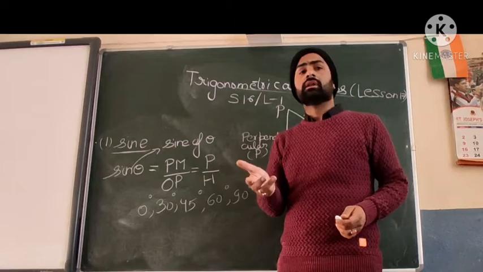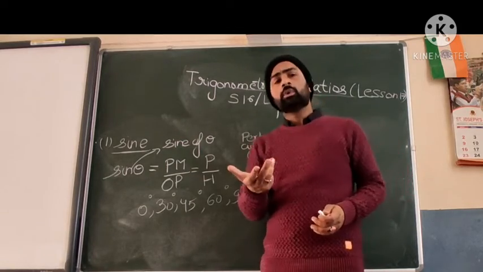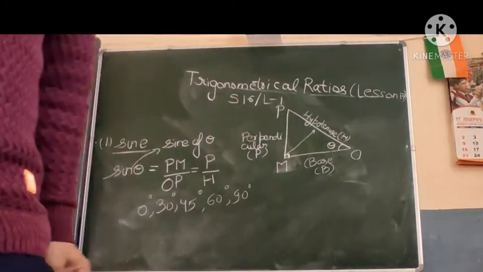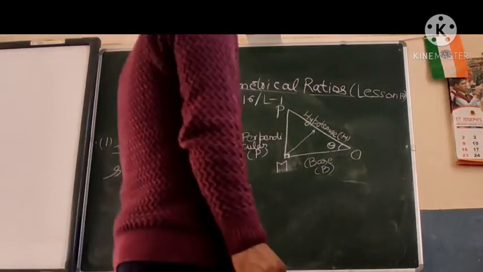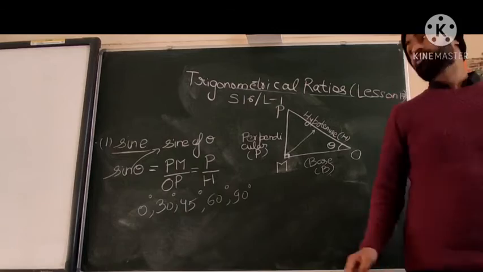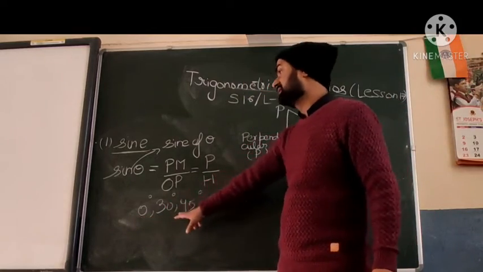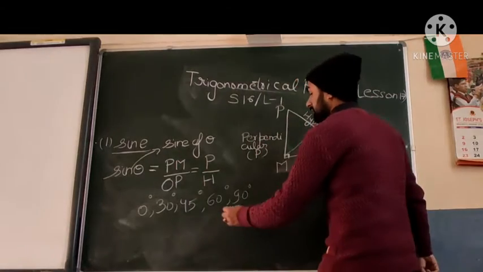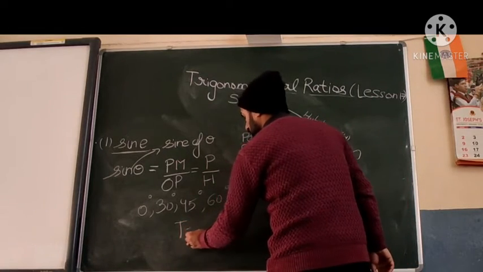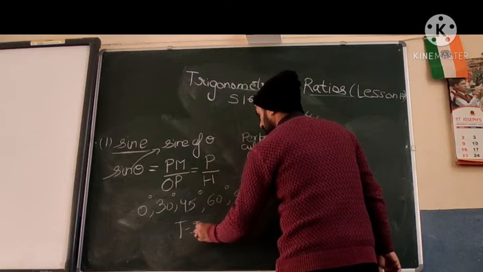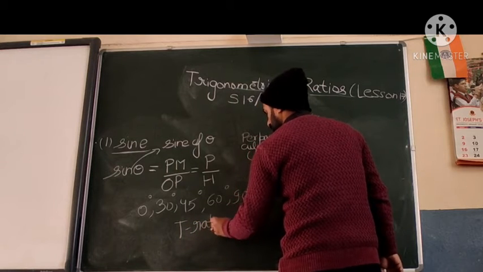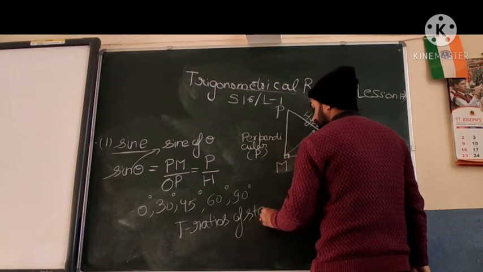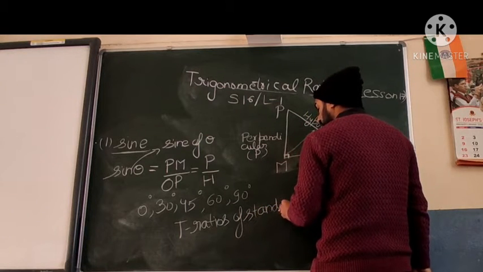3x is a variable because, depending on the value of x, the value of 3x will change. But if I say x equals 5, then for that value of 5, the value of 3x will be 15. So here, for these angles, the value of sine theta is fixed. They are called T ratios, T meaning trigonometric ratios of standard angles. These are standard angles. This you are expected to know.